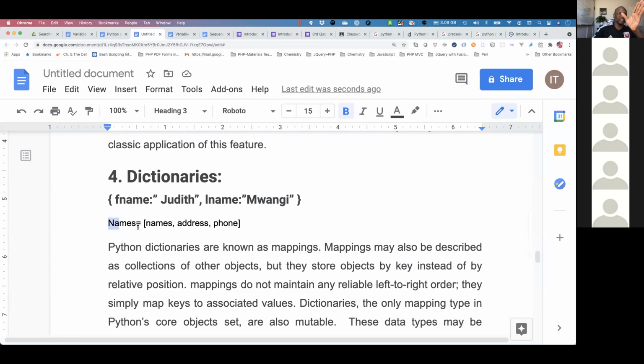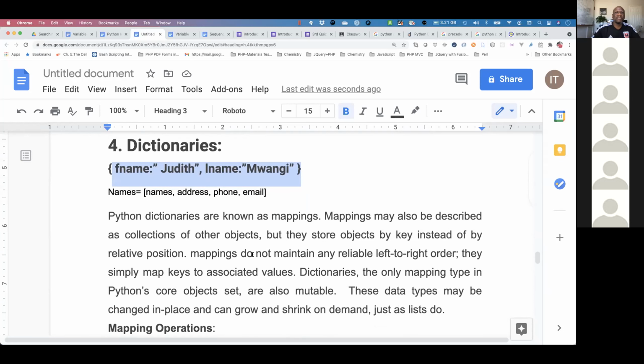But as opposed to lists, okay? Lists, this will probably be a name, comma, address, comma, phone number, maybe comma, email, all the way until the end. So the distinction here is the square bracket. And this one, the distinction here is the, I call it, some people call it different, but I'll call it squiggly bracket. Okay? Remember, this one is mutable. That means we can change it on the fly. And this one is also mutable.